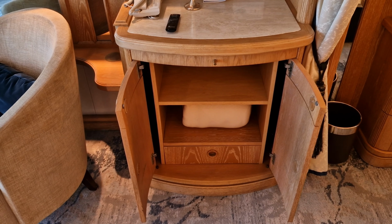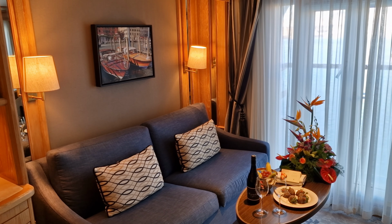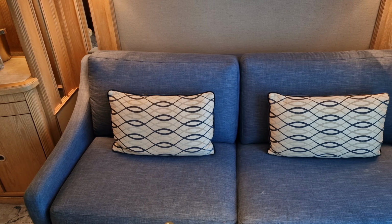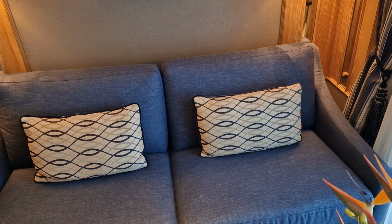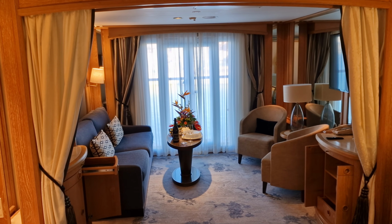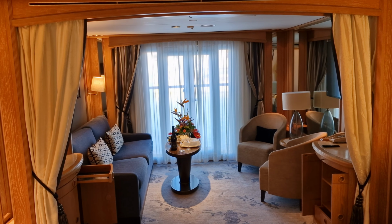Underneath, there's another small cabinet which offers further storage space in the cabin, as well as a comfy blanket if you're wanting to cozy up and watch a movie on the sofa one evening. In the main portion of the lounge, there's a comfortable sofa which can be converted into a bed if you're a party of 3. If this is the case, it's helpful to know that this cabin has a set of curtains situated between the bedroom and lounge areas should you need to separate the cabin and give yourselves a bit